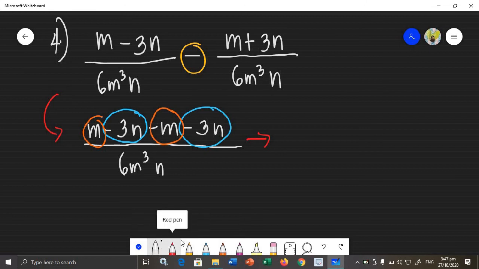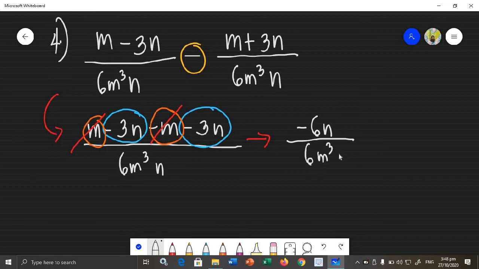So m plus negative m, the answer is 0. Cancel na yan. So m plus negative m, that is 0m, or simply 0, no? And then negative 3n plus negative 3n, that is negative 6n, all over